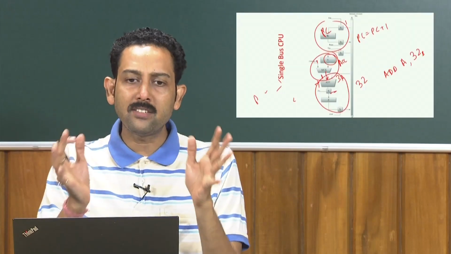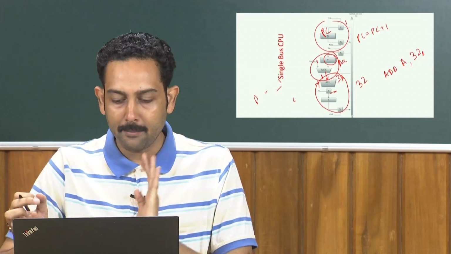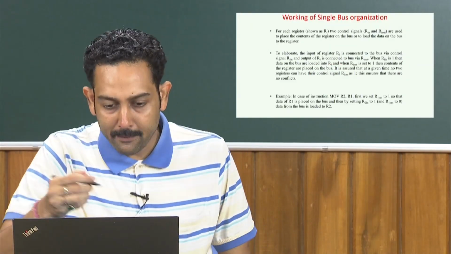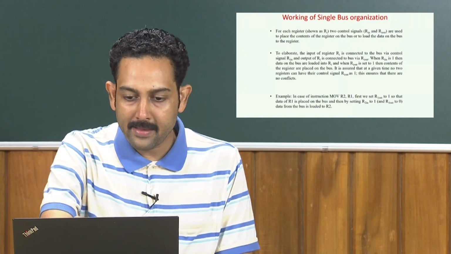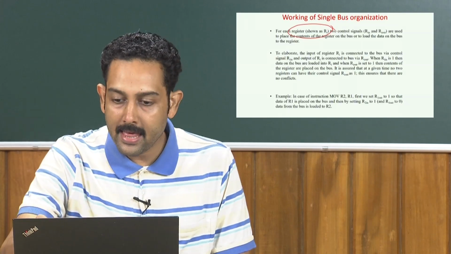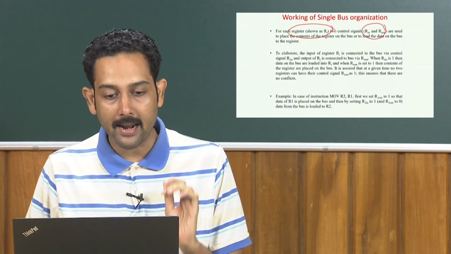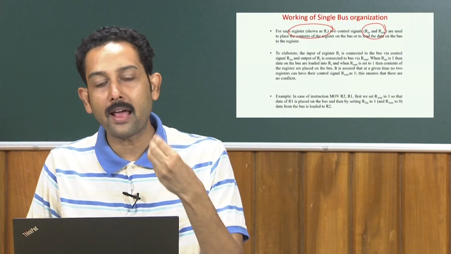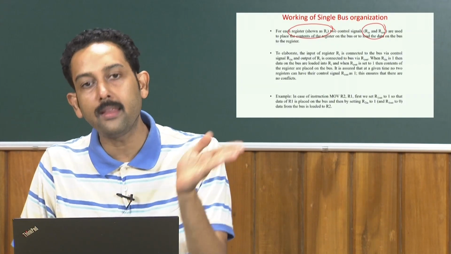So, this is in a nutshell a very broad idea of a single bus CPU. Now, whatever I have discussed is given in the text. For each register, including the program counter, memory buffer register etc., there are two signals, R in and R out. If R in is 1, the register is going to read from the bus. If R out is equal to 1, then it is going to write into the